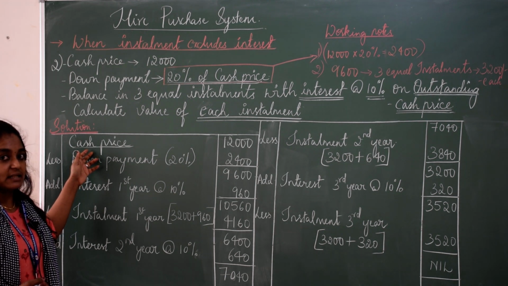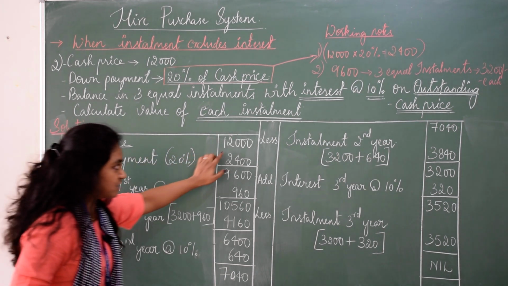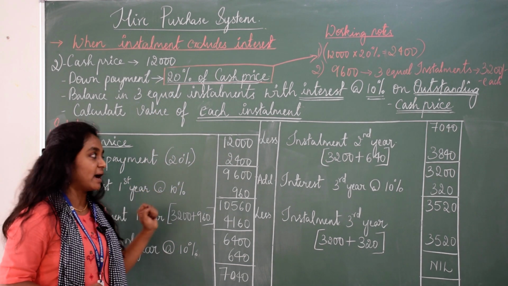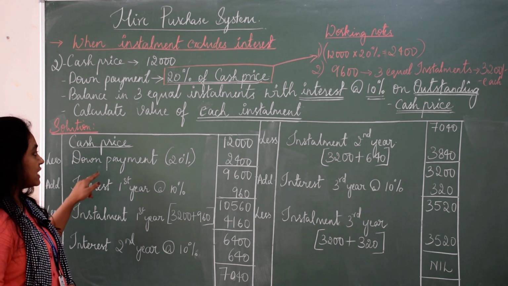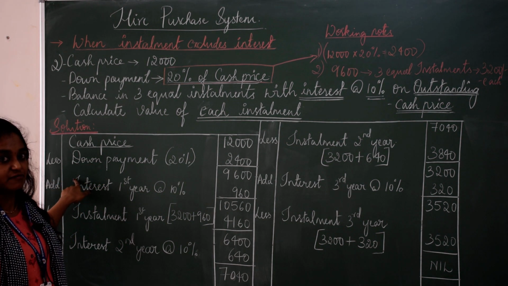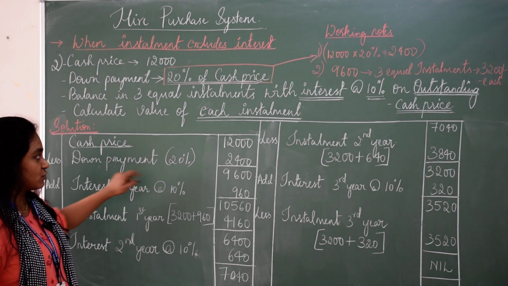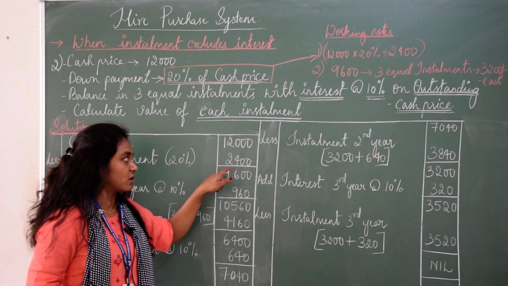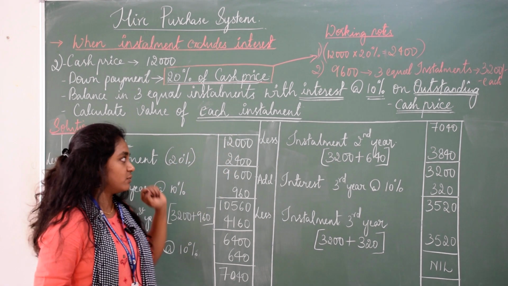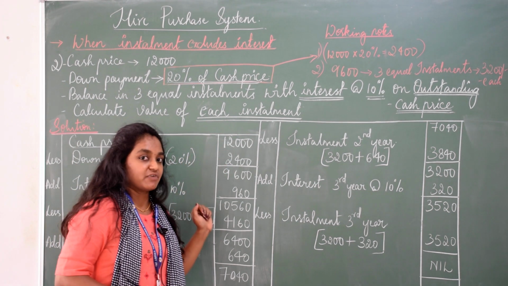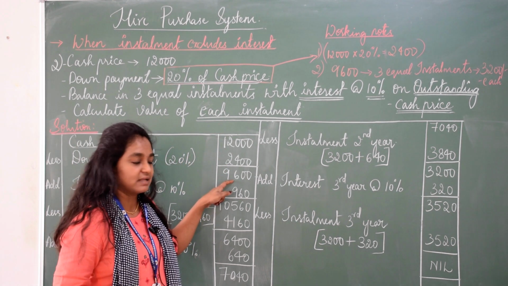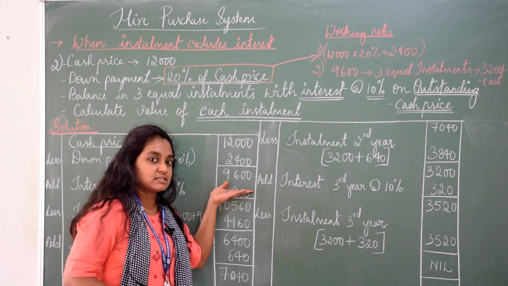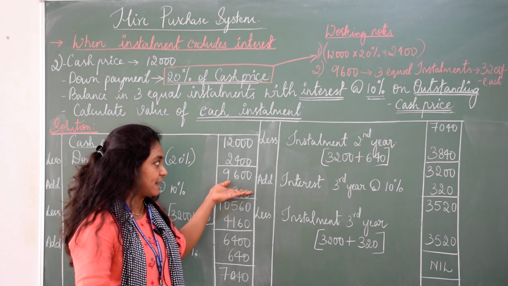The format goes like this. First, according to the format, we take the cash price. Cash price is already given in the question without any adjustment. 12,000 cash price will be considered in the format. Going to the next level, that is down payment. Down payment should always be deducted from the cash price, and here in the question they have told us down payment is 20% of cash price. So, if you take 20% of 12,000, you get 2,400. Now, when you remove this down payment from the cash price, you arrive at a balance of 9,600. This is the outstanding balance that is left for the coming years of installment and interest.